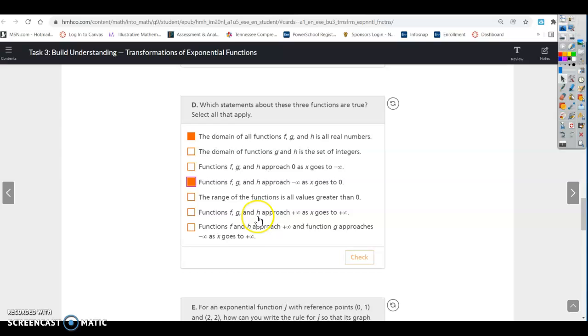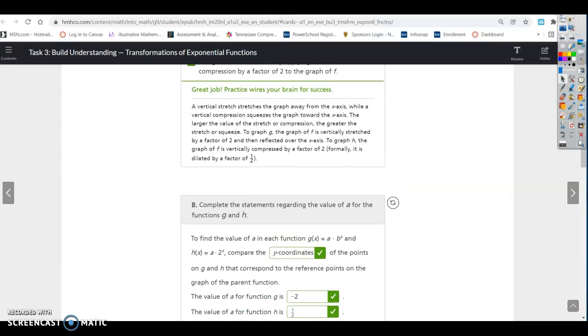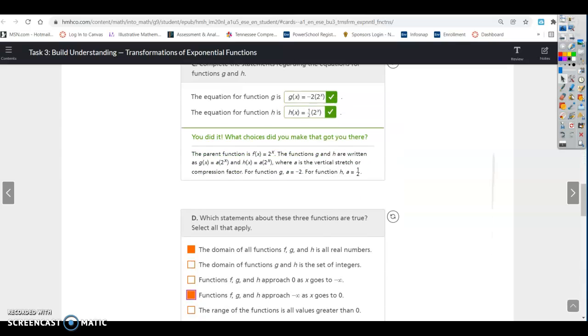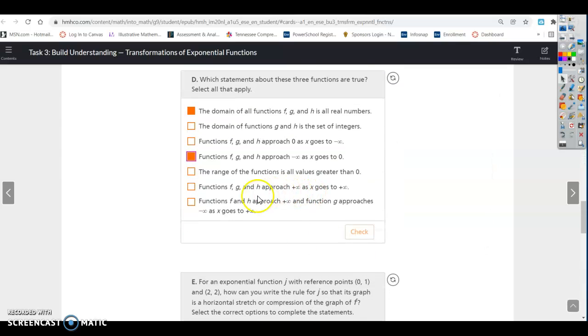So we've got functions f, g, and h approach -infinity as x goes to +infinity. So this says as it goes to the right, all three of these graphs go up. Do all three graphs go up? No, only two graphs go up, and g goes down. So that one's not true. All three of them do not go towards infinity. And this one says, as f and h go to infinity,